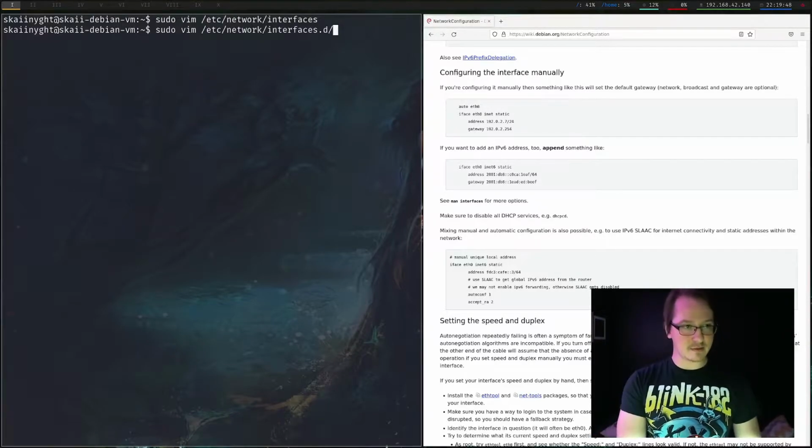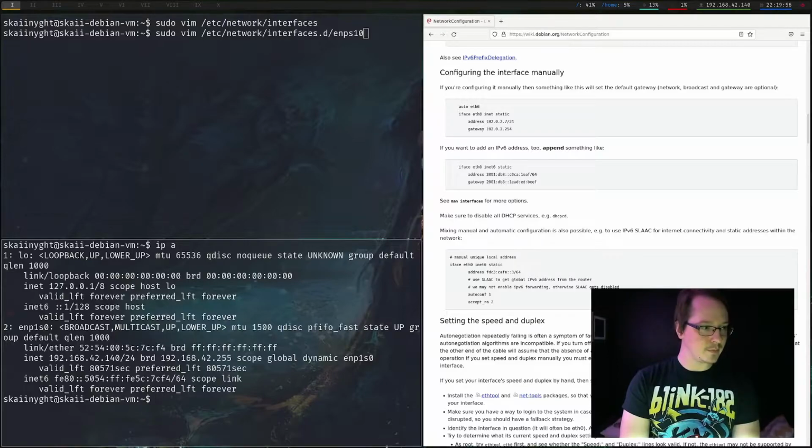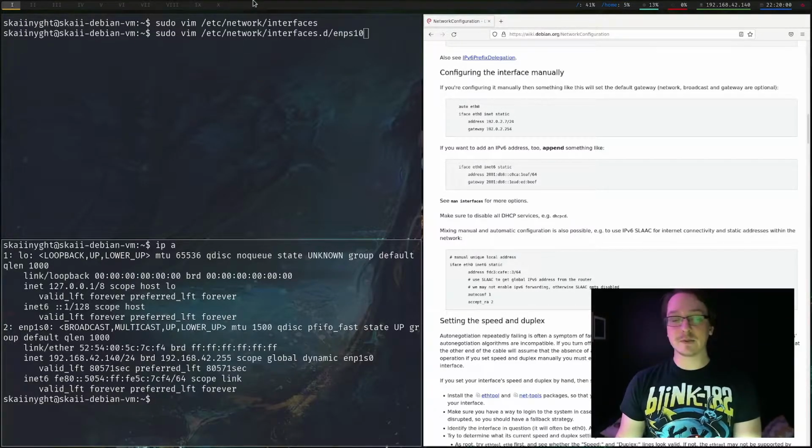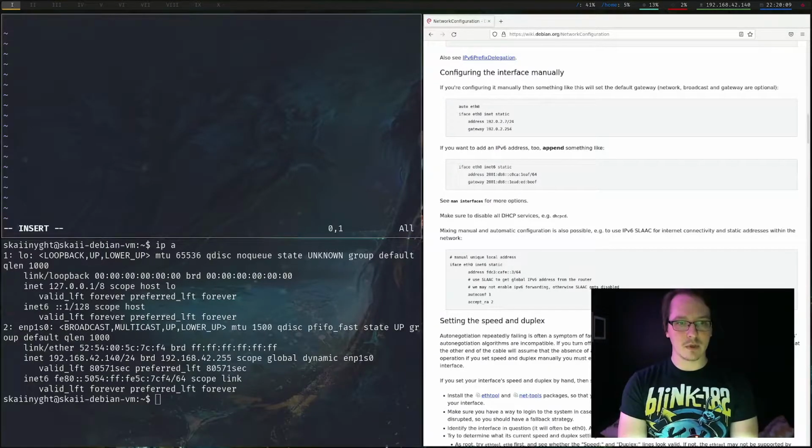In this case, oh, I forgot it already. I don't know, ENPS10. I want to check that. I was close. ENP1S0. Now we want auto ENP1S0, iface ENP1S0 inet static